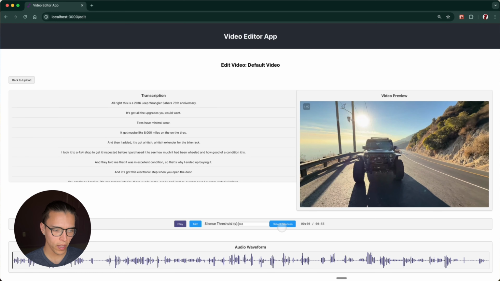In the last video, we added this detect silences button. So as we click it, it'll create regions that exceed the 0.8 seconds here, but I can set this to a different value and then add those regions as well. And in this video, we're gonna make sure that there aren't any duplicate regions that are created and also remove